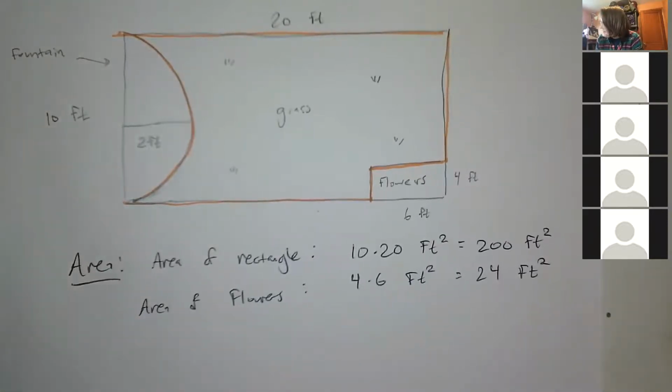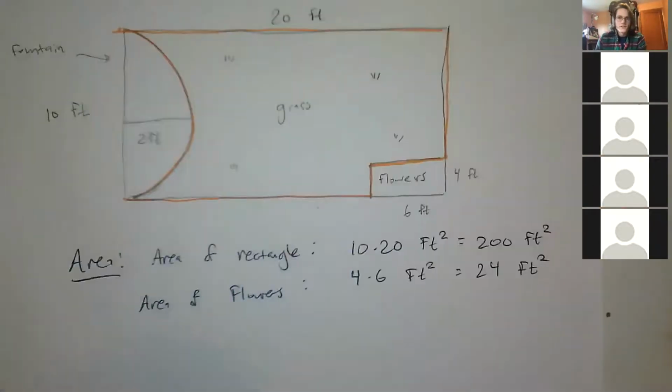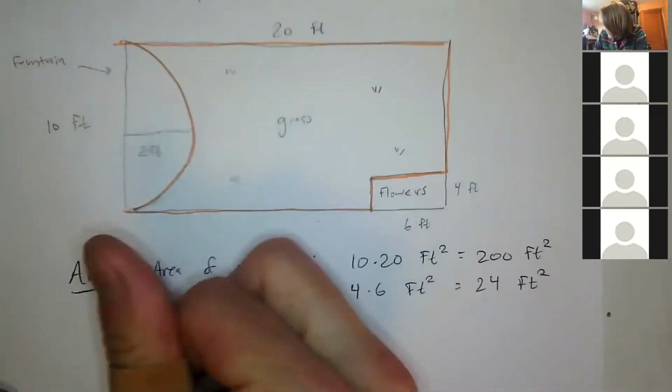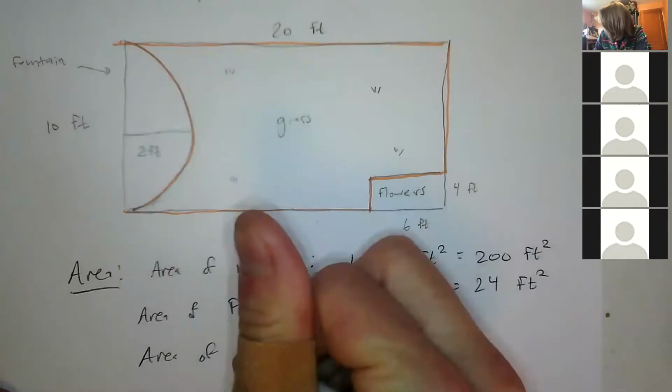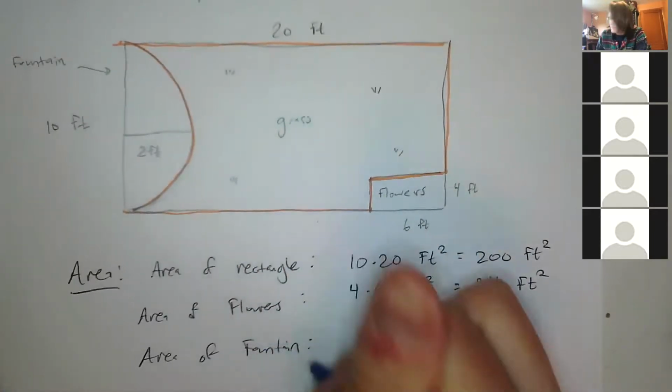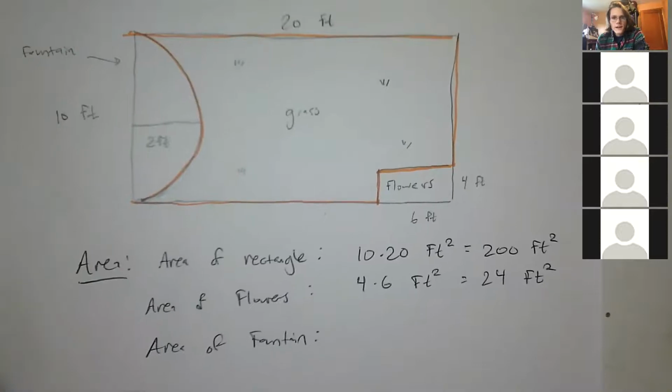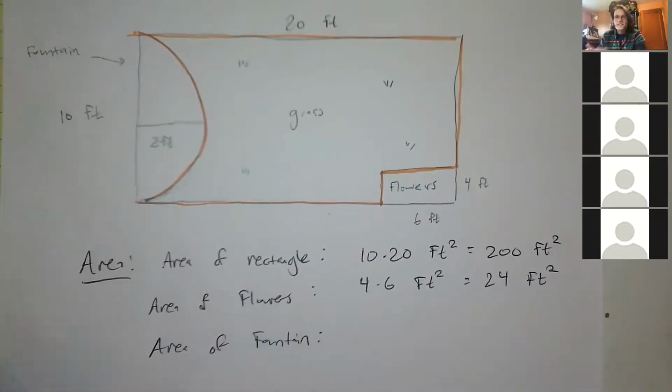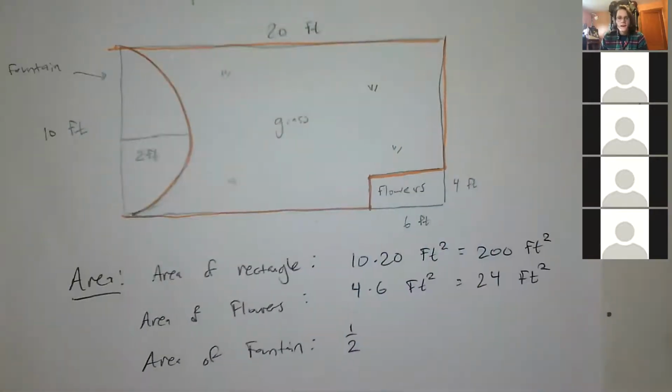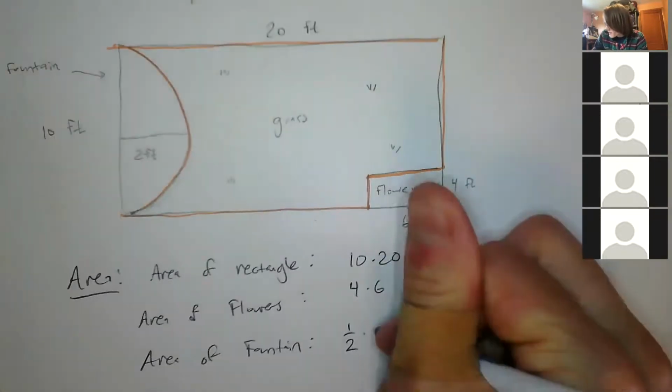Anyway, and then we just need this half circle, and I will note I'm telling you this is exactly half of a circle. It might not be totally clear, but for our purposes, it's exactly half. So area of fountain. If it's exactly half of a circle, I can put 1/2 and then multiply it by whatever the area of the whole circle is, and it will give me half of the area. So if the area is pi r squared,